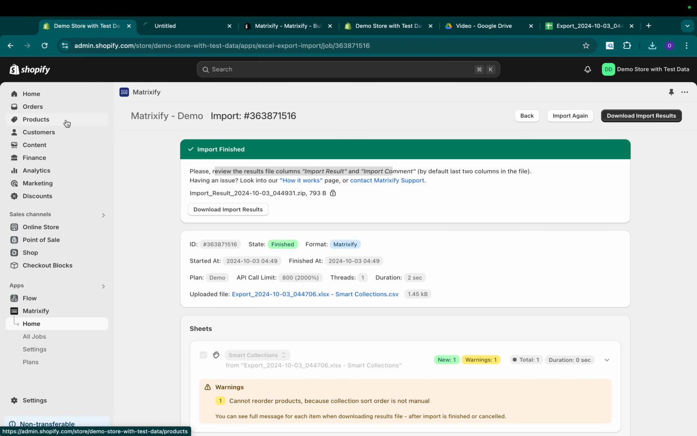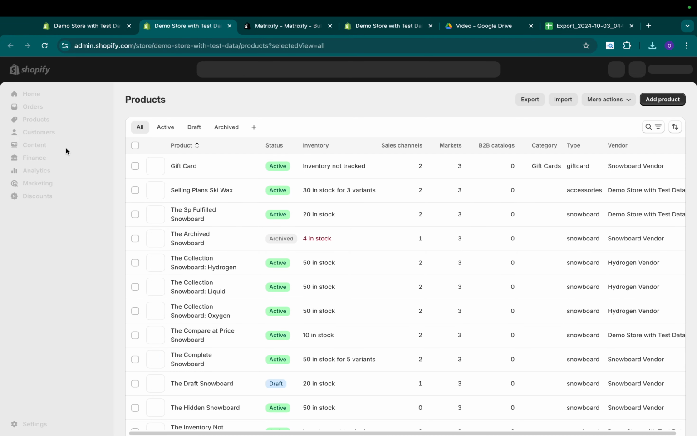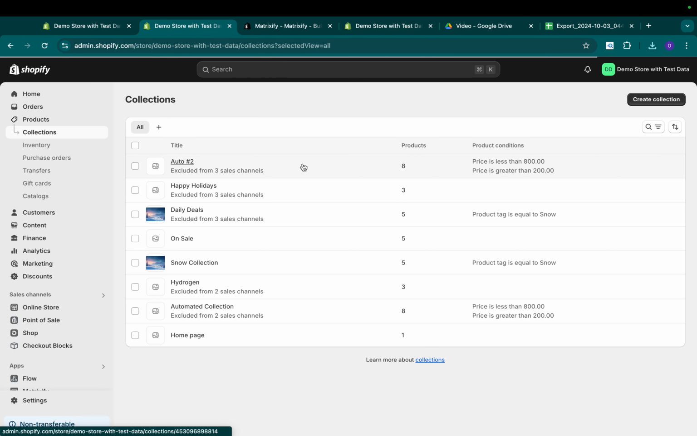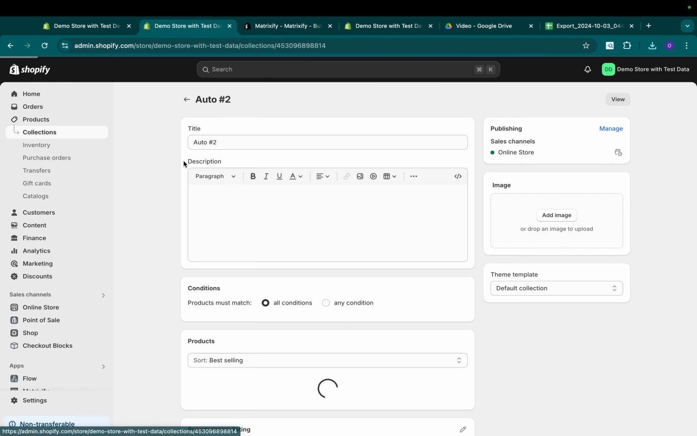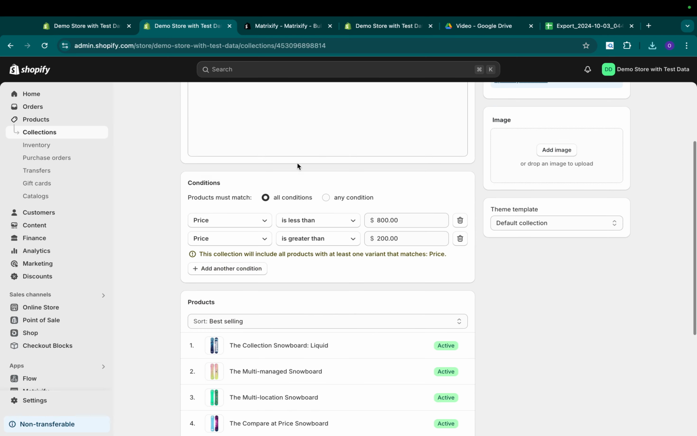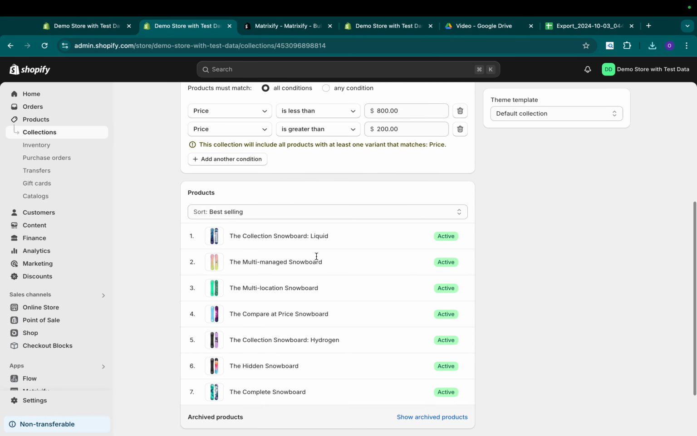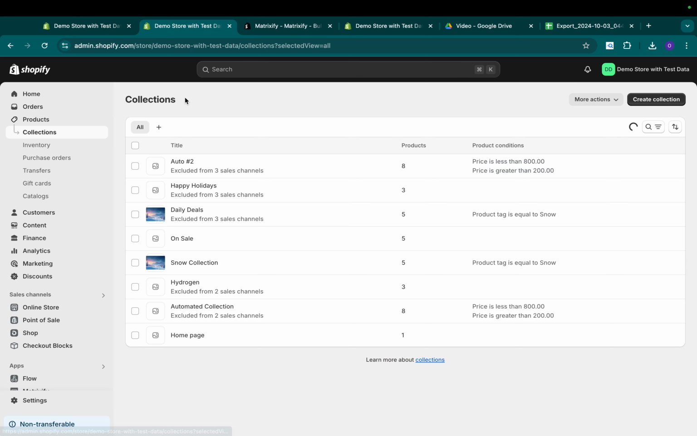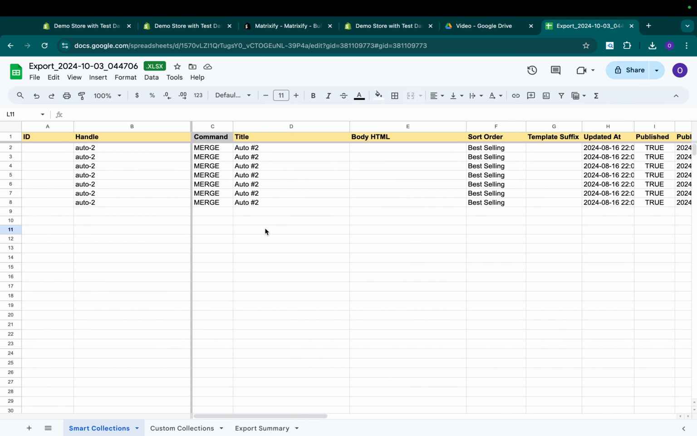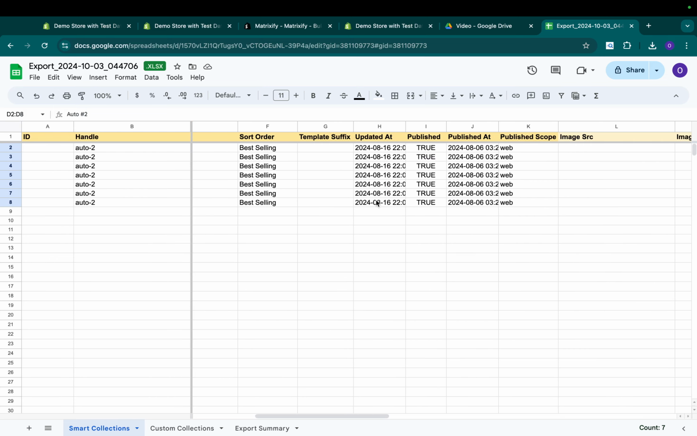If I go here to Products, Collections, now I can see Auto 2. It is the same thing. It's called Auto 2. I have the same rules, same conditions. Great. If I want to make any changes, not just creating a new collection, I can change any settings that